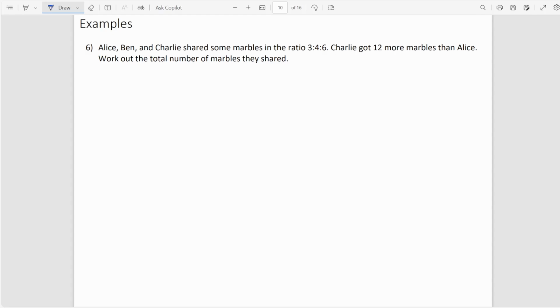Alice, Ben, and Charlie shared some marbles in the ratio 3 to 4 to 6. This is Alice, this is Ben, and this is Charlie. Now, Charlie got 12 more marbles than Alice. Work out the total number of marbles they shared. Okay, so this is scenario 3. We actually know the difference between the shares. Now, we know that Charlie got 12 more than Alice. I have 12